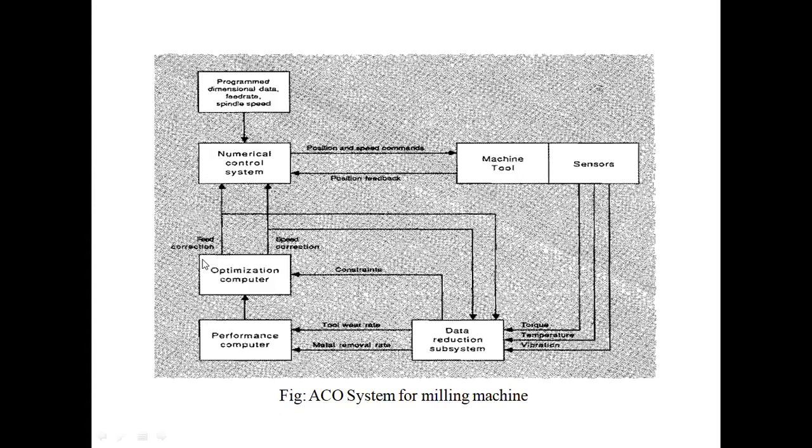So that will happen in milliseconds, so that the data can be given. What is to be done? Feed rate is to be changed, or speed is to be changed. And these speed and feed corrections are also sent to the data resolving subsystem. That is also given to take into account this data. The processing will involve these factors also. Okay, is it clear? Adaptive control with optimization.